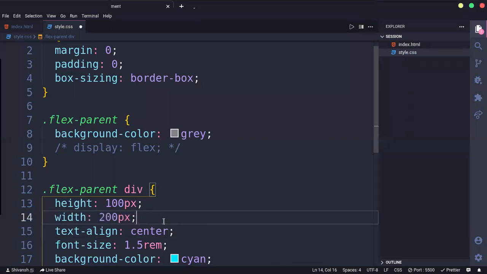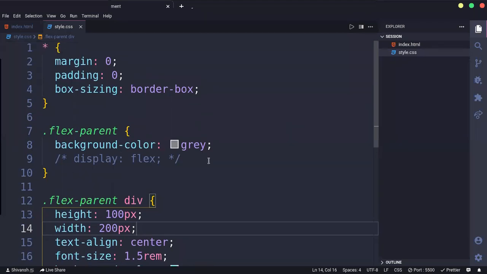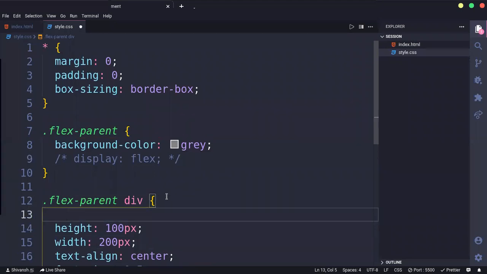If we define the width, this gray one is the parent div, and these blue ones are the child divs. So if we want to arrange all of them in the same line, then one way is that we can have